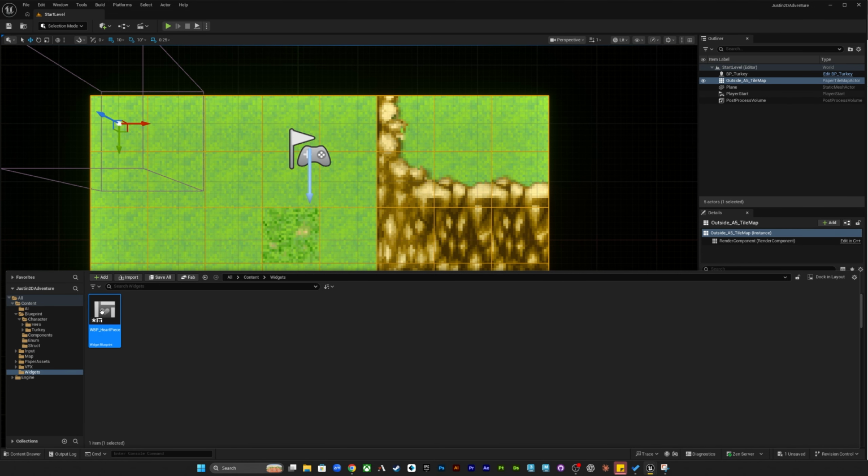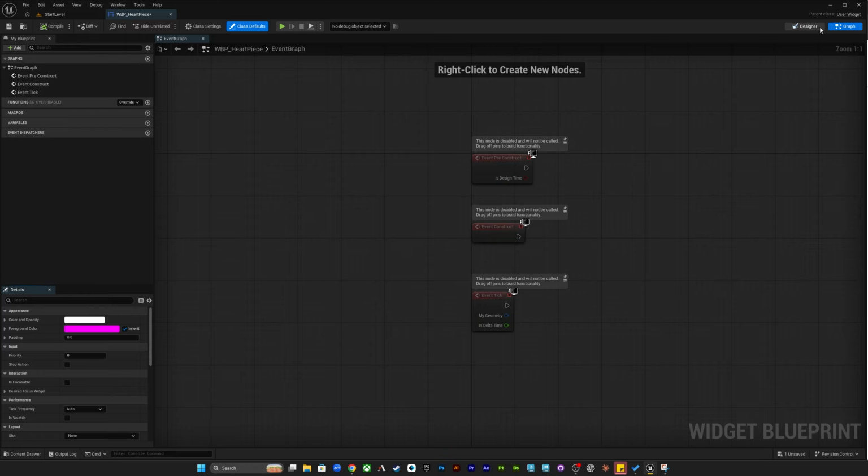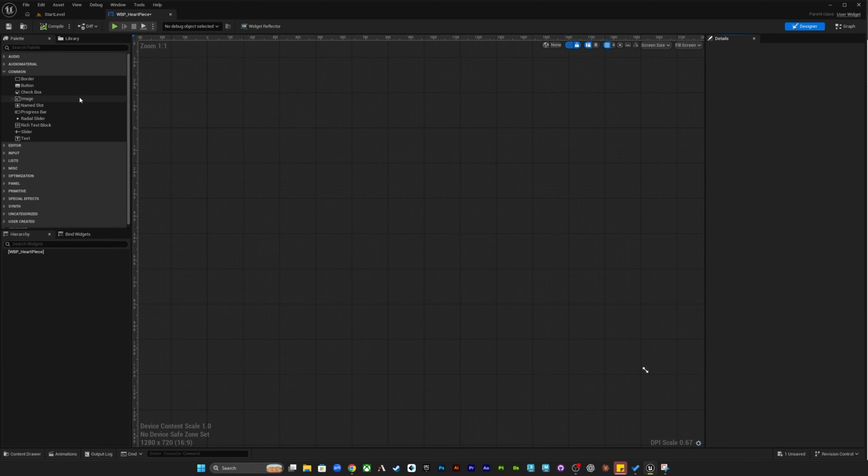Now let's double click to open this up, and I'm going to dock mine here. If you've never seen this before, this is the widget creator. We have a designer and a graph section up here, so pay attention to when I'm clicking back and forth over here. For this, all we're going to do first is just create the